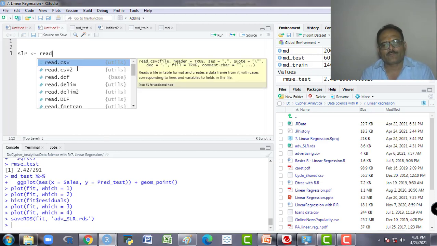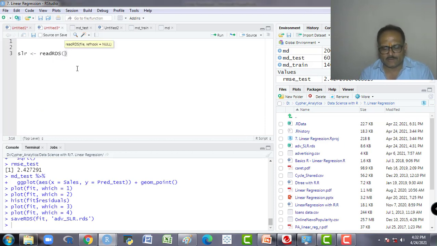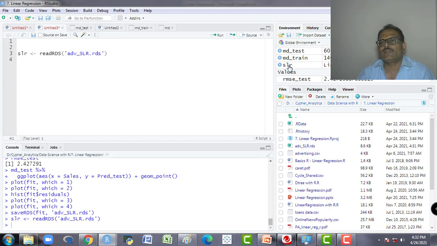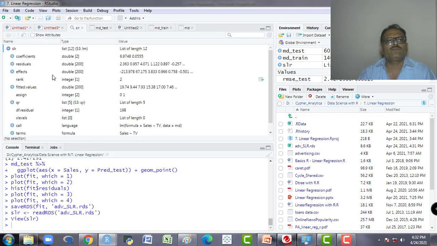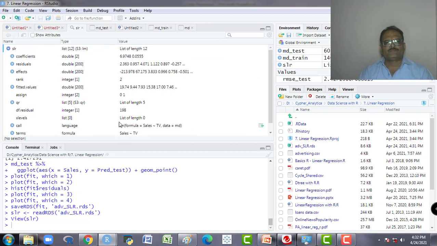So readRDS, and here I will write the model name, advertising underscore SLR with the extension RDS. I run this, and you will see the SLR model is here. If you see the list, we have the coefficients, residuals, effects, rank, and everything is there.